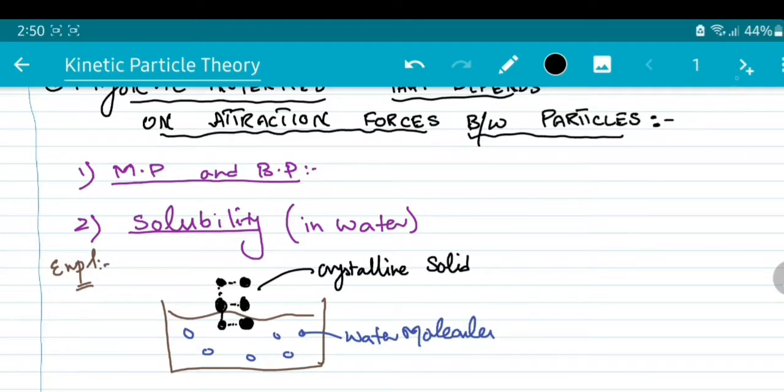Relatively, the one which has weak attractive force will take less time, and it will dissolve more